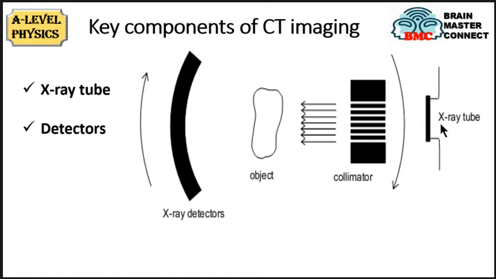Okay, so when the X-ray tube moves in this particular direction, that is a clockwise direction, the detector also moves in a clockwise direction by the same angle to which the X-ray tube moves from its initial position. Okay, another